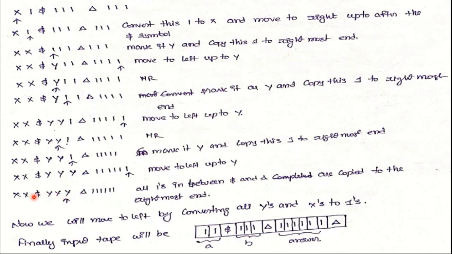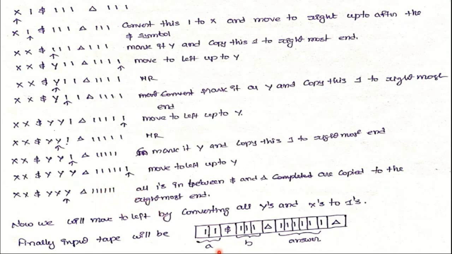Now we should move up to x to check for any other values from variable a, whether any ones were left from variable a. There was no one, so we move right, check again, then go to the end of the tape and display whatever value was stored at the end of the tape. So this is the value: 1, 2, 3, 4, 5, 6. So 2 multiplied by 3 is 6.